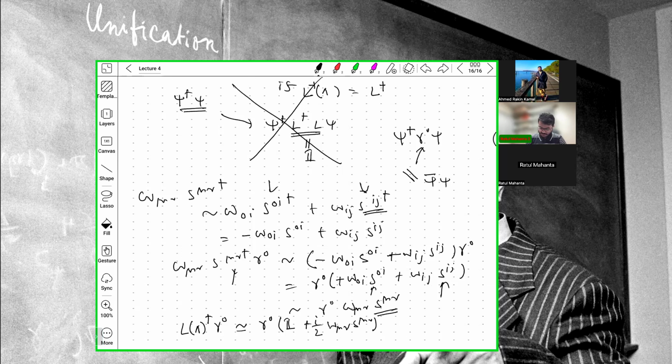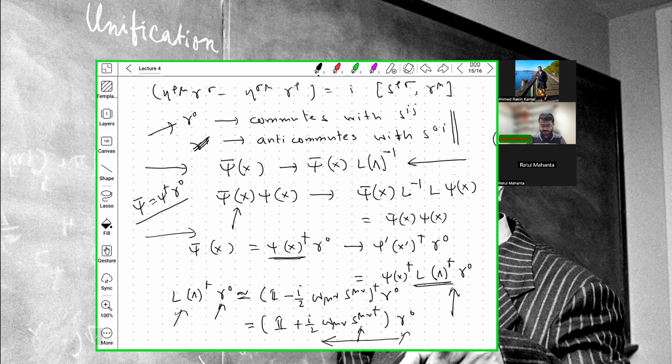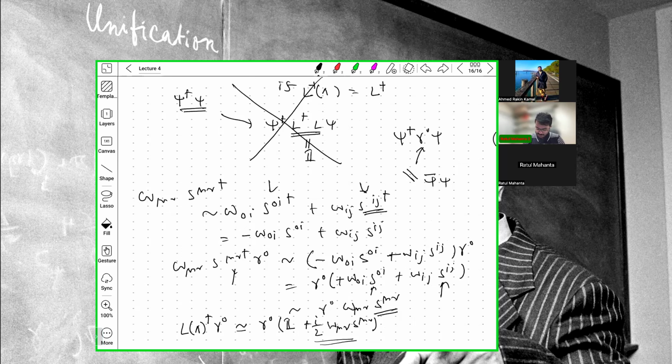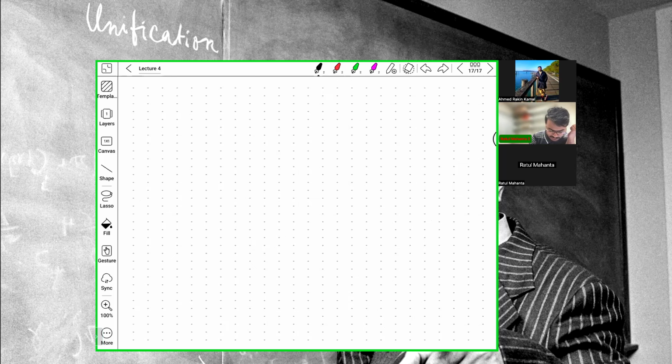So it is without the dagger, because you have taken the gamma 0 towards the left, and you can identify these as the infinitesimal version of L inverse, because L inverse is e to the power plus i by 2 omega_{mu nu} times S^{mu nu}. So the sign changes. I should write it here. It is e to the power minus i by 2 omega_{mu nu}. So L inverse really should be